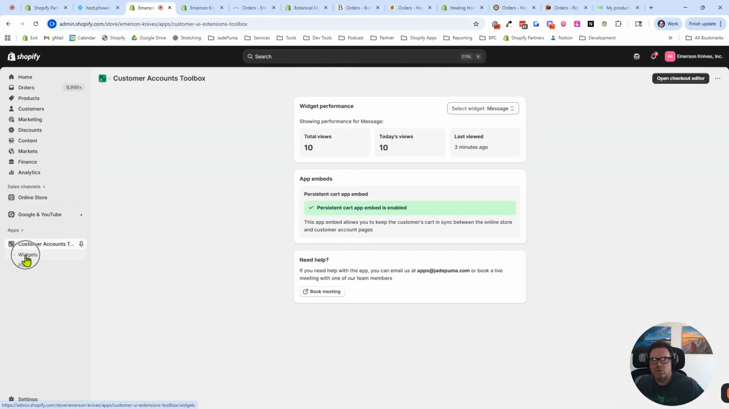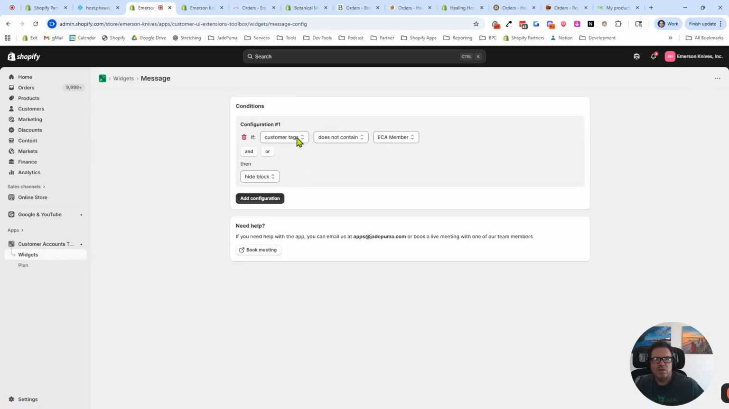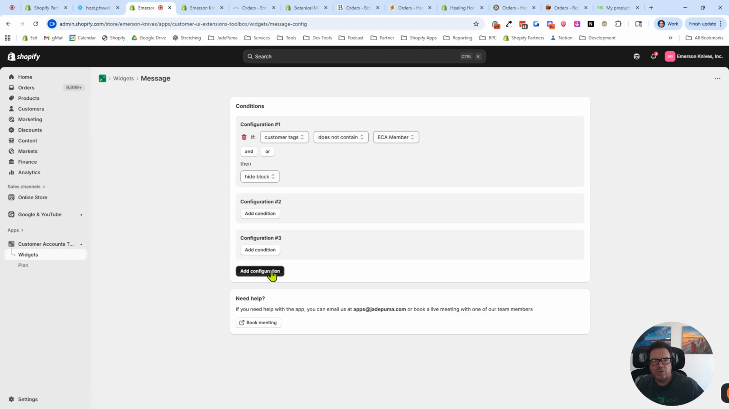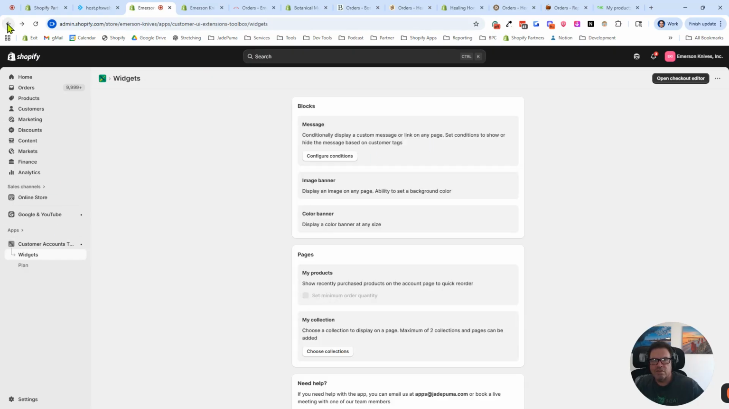If we go to the widgets and then go to configure conditions for the message block, you can see I have a configuration set up, and you can add multiple configurations. You can have more than one if-then logic for more than one message in your store. Now you'll notice this one here has the logic of if customer tags does not contain ECA member, it's going to hide that block. So if we go back a step here